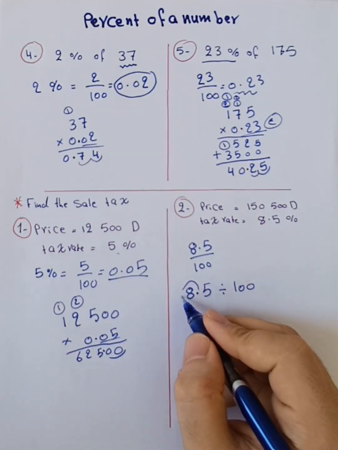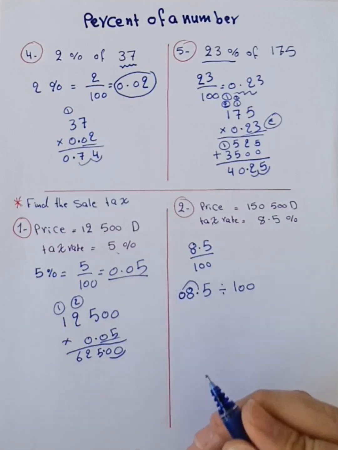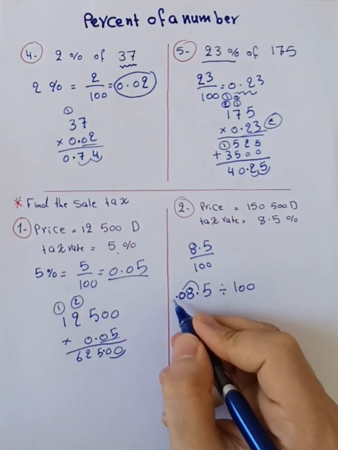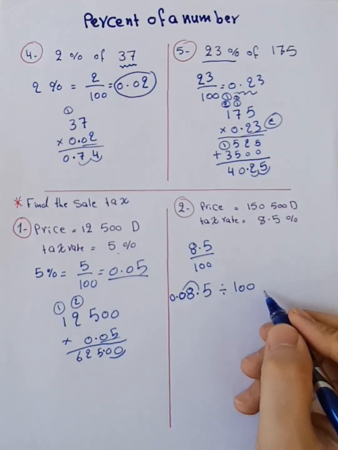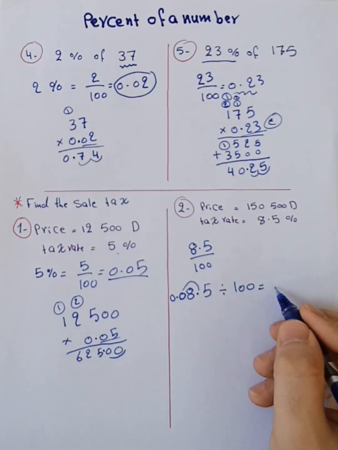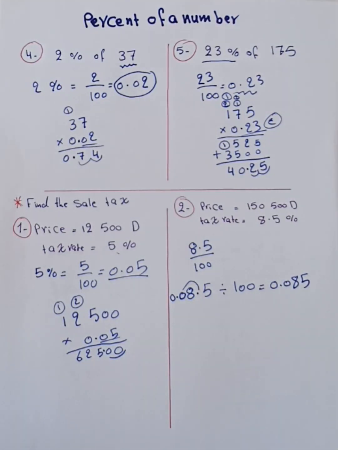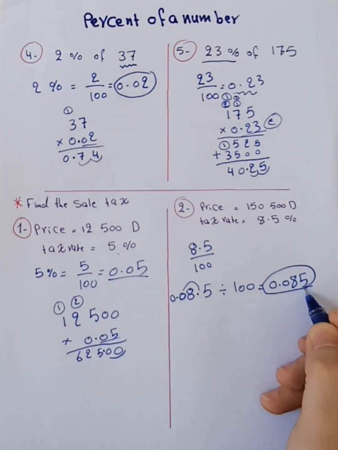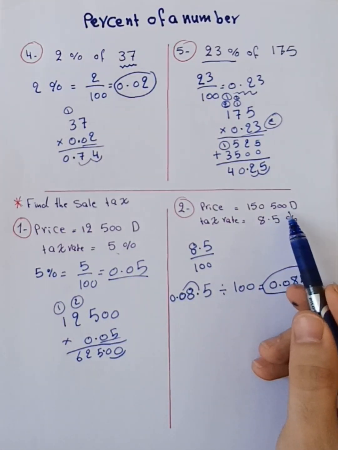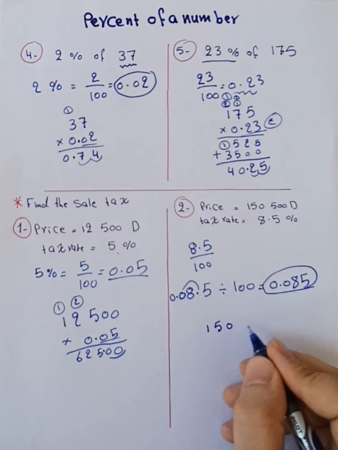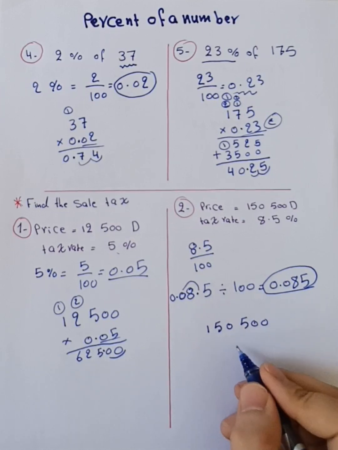1 and 2. You have to write another 0. After that, you have to write the decimal point and another 0. So the quotient is 0.085. After that, we have to multiply this decimal number by the price. 150,500 multiplied by